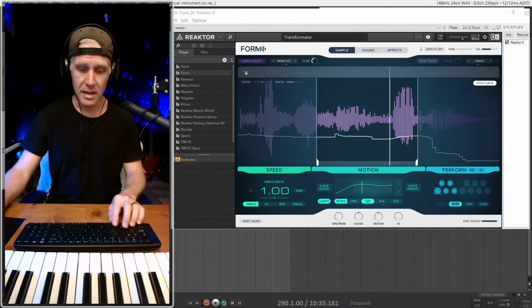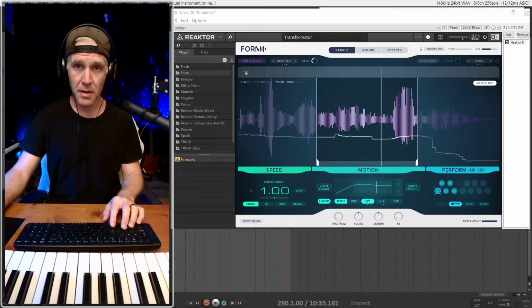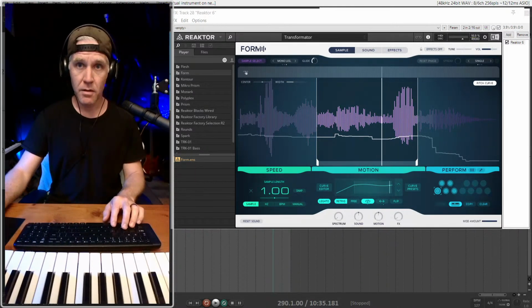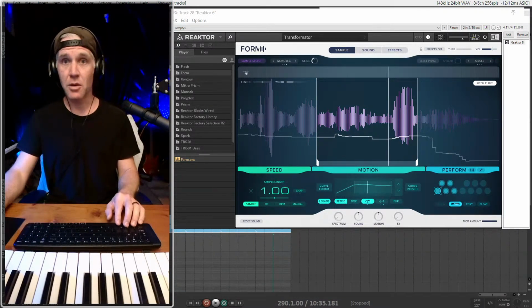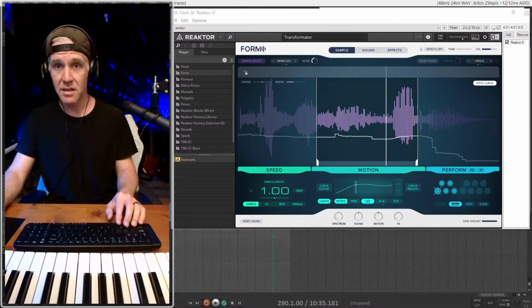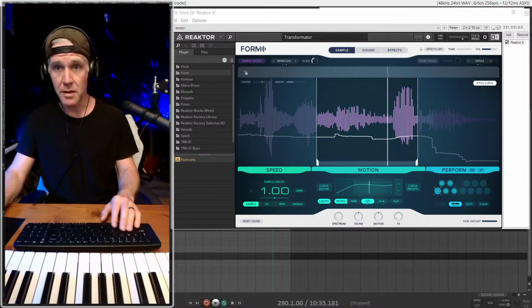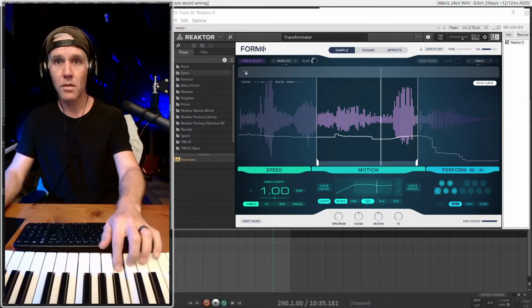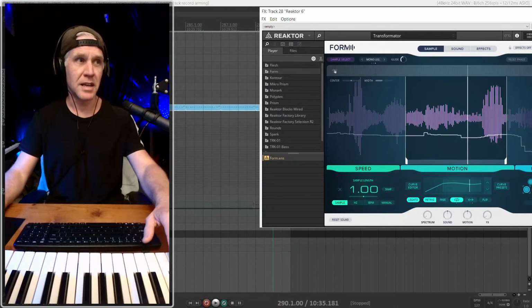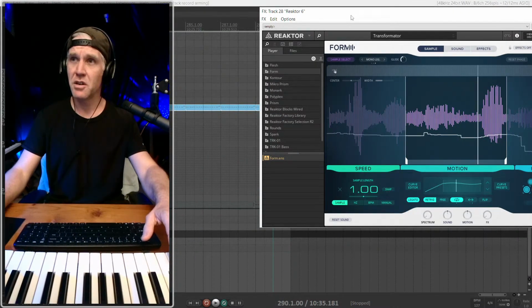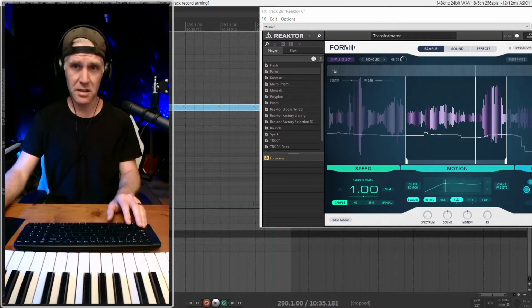Oh, here's another idea. Let's get the sample from the existing instrument. Okay, good. So, to keep you on track here, what we're doing is I'm going to get the double bass, which I've already got loaded up here. There it is. I'm going to find a nice sounding double bass patch, double bass sample at least, and I'm just going to